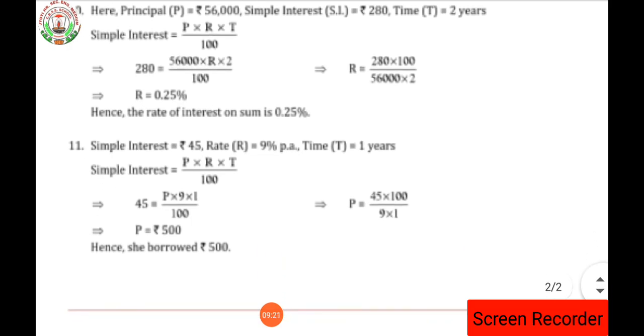Now the last question of this chapter: simple interest is given as 45, rate is given as 9% per annum, and time is given as 1 year. With the help of this we can find the value of principal, that is rupees 500. So here we got the solution as rupees 500. So dear students, in this way this chapter